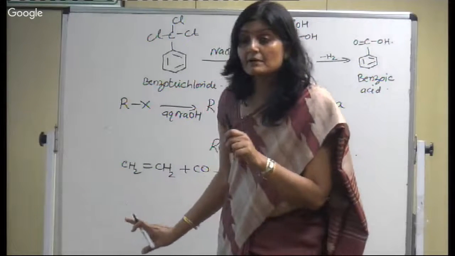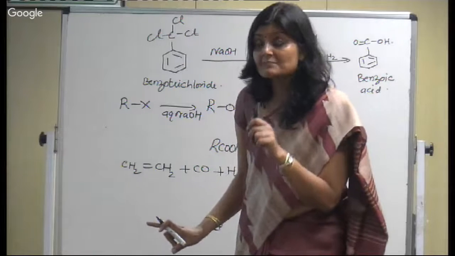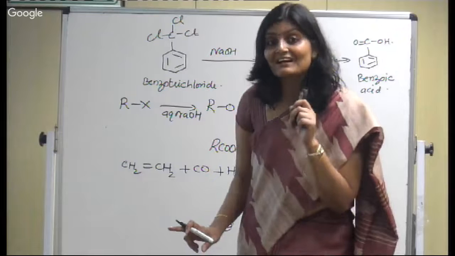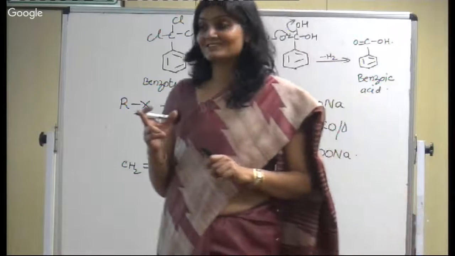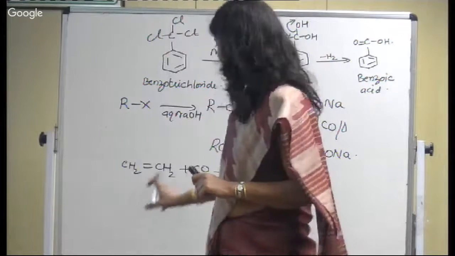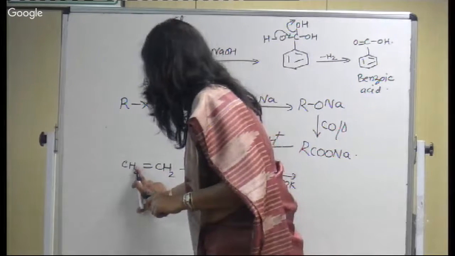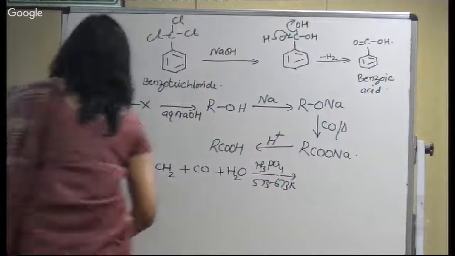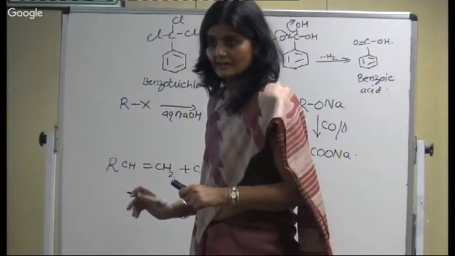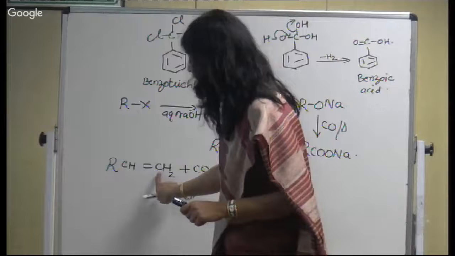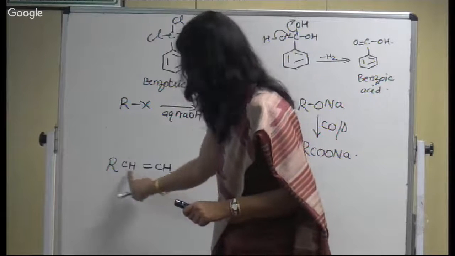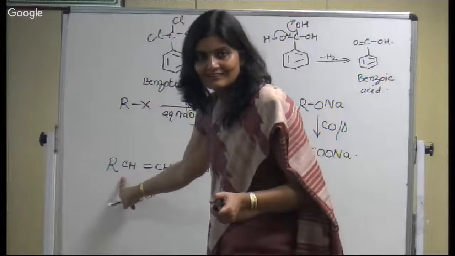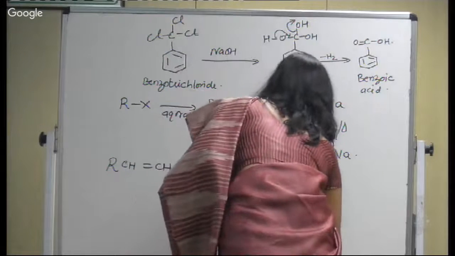But please remember, in case of an unsymmetrical alkene, the hydrogen will be attached to the carbon which has more number of hydrogens attached to it. Okay, in this case, it's a symmetrical alkene. If I replace this symmetrical alkene by an R here, okay? So what will be the product? Attach hydrogen here and you attach a COOH group on the other carbon and you get your product, right? So the product will be